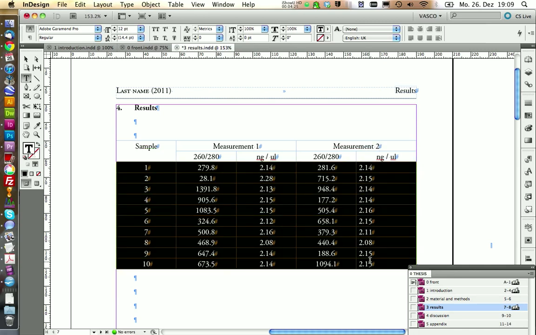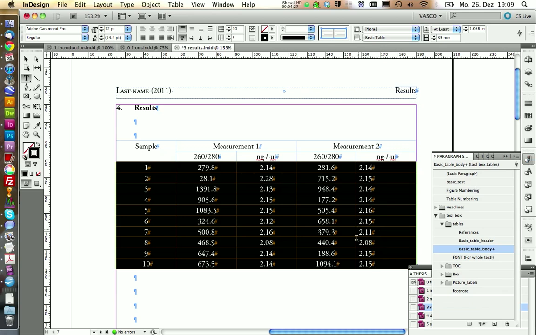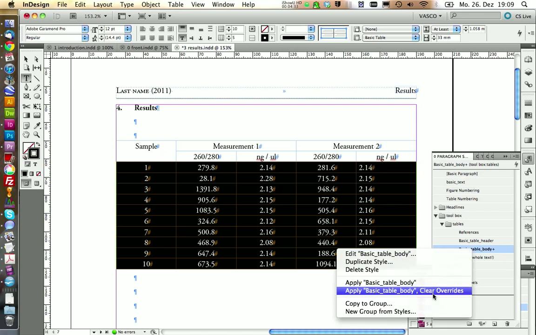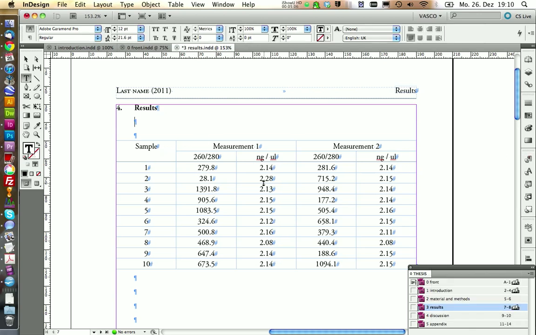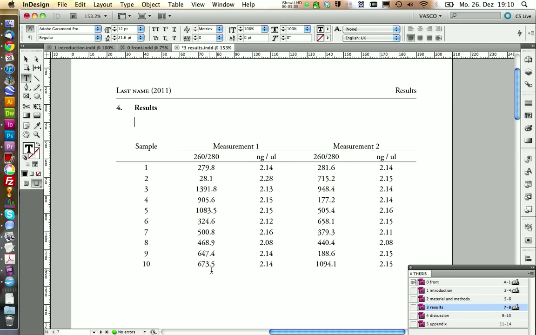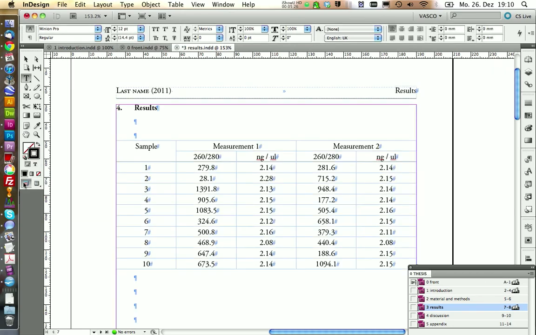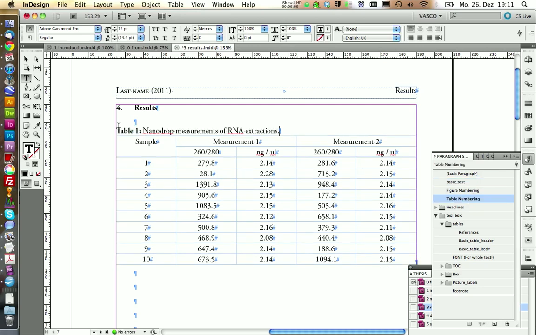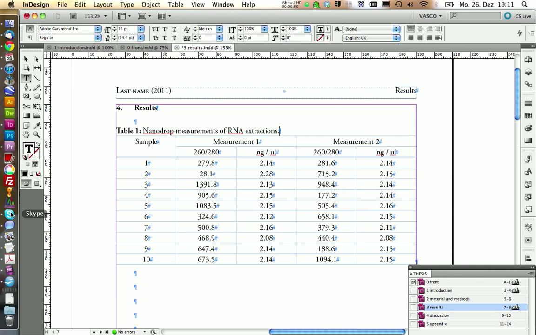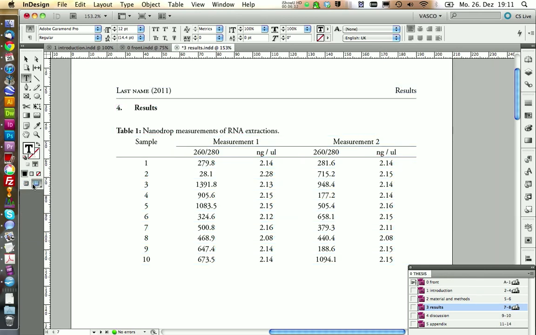Next we can select our cells and we can check, there might be something wrong with the formatting here, and we see there's a plus sign. So we're going to clear the overrides in here, and now the formatting should be right. We can now take a look at our table in the preview mode. This looks quite nice. Let's go to the normal mode again. And the only thing we need to do now is to add a headline. Like this. And we're going to apply the table numbering style to get an automatic numbering. And here we have our final table.